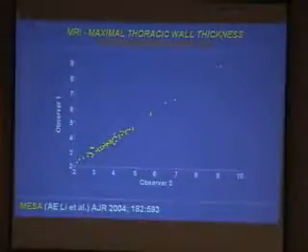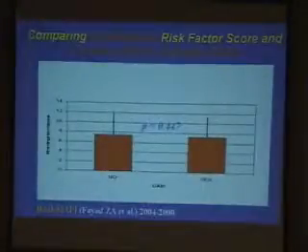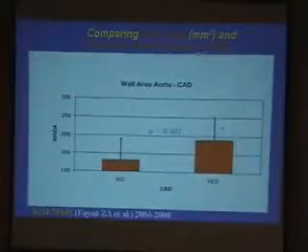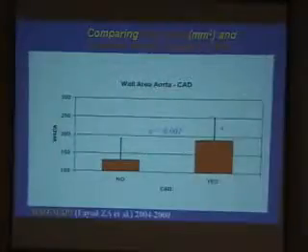A similar study, maybe more simple than that one, is the MESA study from 6 groups, including Hopkins, where they looked at the validation of wall thickness, not area, just thickness, and tried to look at two observers, and the correlation was actually pretty good. What is interesting is this. There is no close relationship between Framingham score in this population of patients and the presence or absence of coronary disease. But there is a very good correlation in terms of the wall area of the aorta and carotids with the presence or absence of coronary disease.